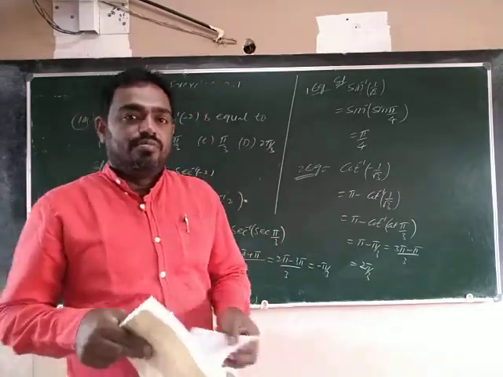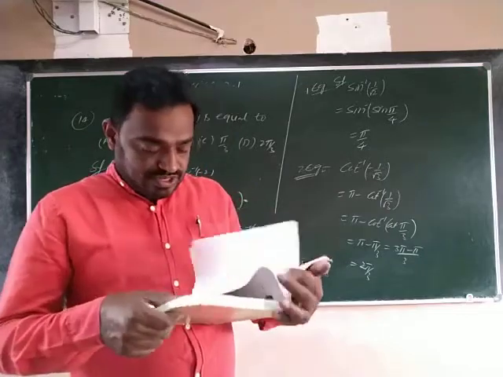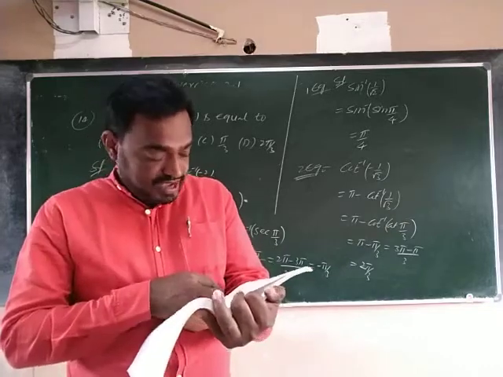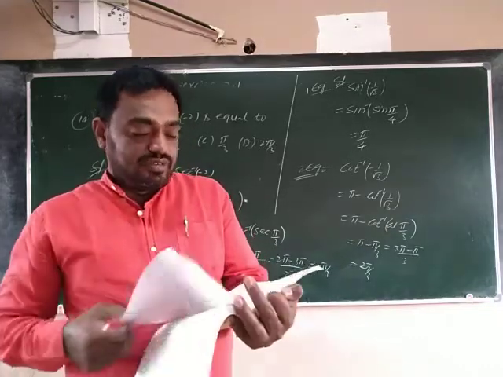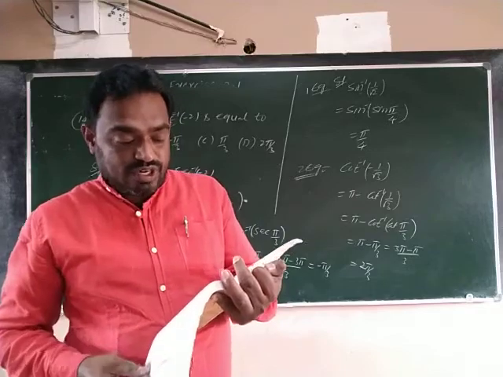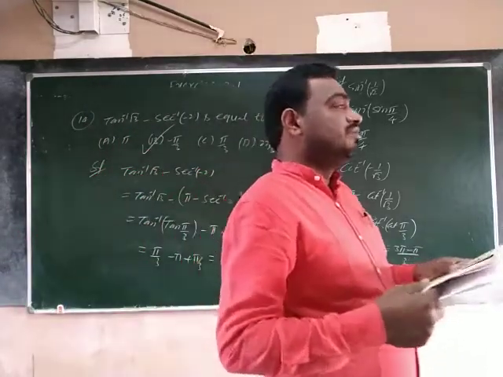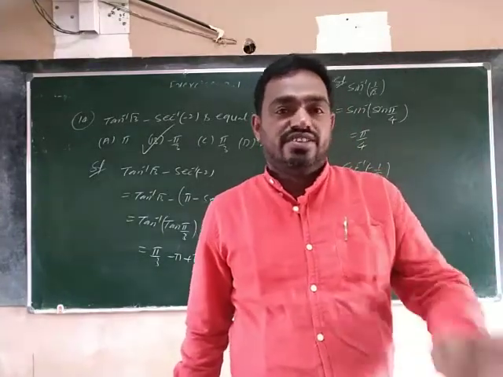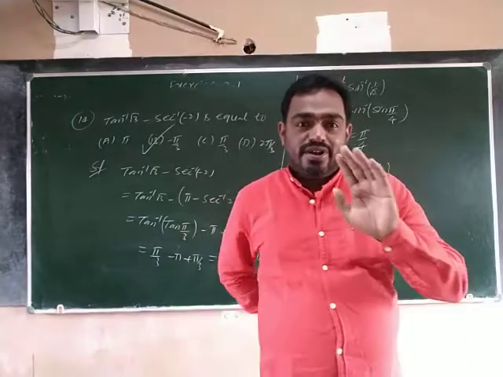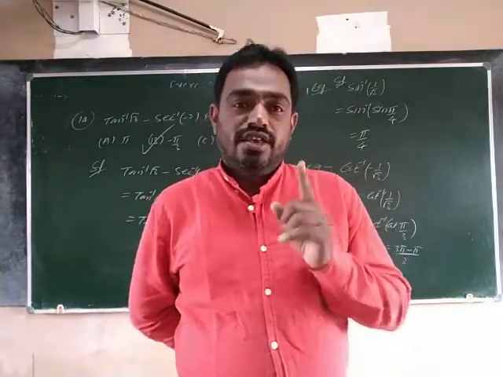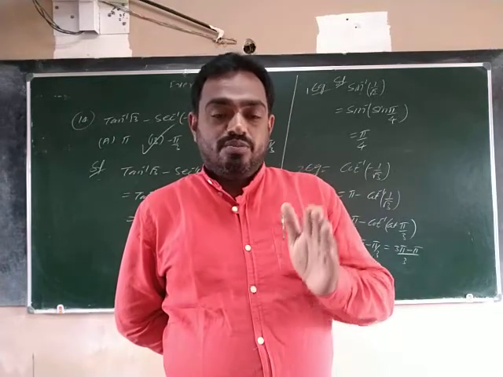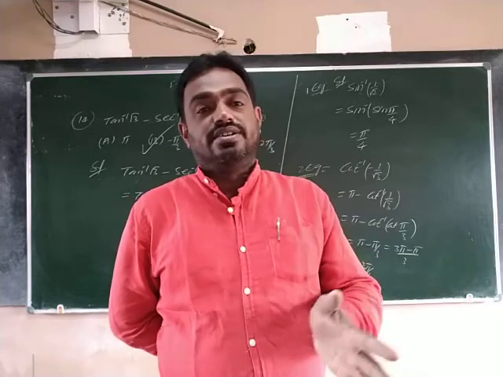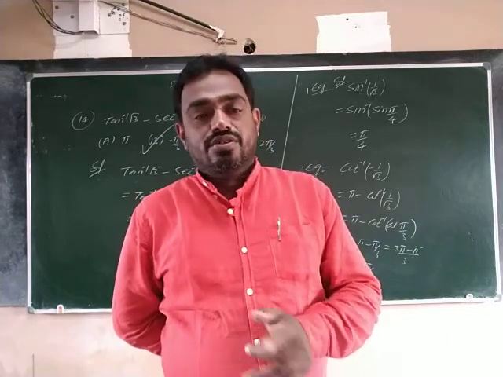Next we have some formula proofs, and then one more exercise. In this chapter we have only two exercises. Remaining, we have only 21 problems in exercise 2 and 6 examples. That means 27. If we solve these 27 questions within 2-3 videos, I will finish this chapter. Don't count the number of chapters, just look at the syllabus. Up to now around 70 percent of the syllabus is finished.